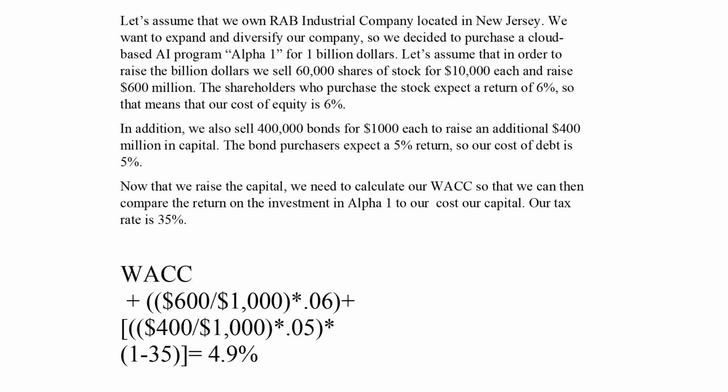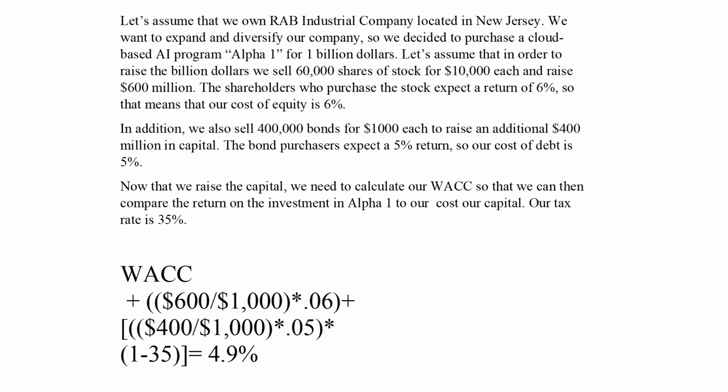So in this scenario, we're going to sell 60,000 shares of stock for $10,000 each. We're going to raise $600 million. The shareholders who are buying this stock obviously are not doing it because they're our friends. They're doing it because they did their calculations and they determined that they should earn about 6% from this investment. They said, well, I'd rather buy this stock and earn 6% into the foreseeable future than let it sit in the bank earning 1 or 2%. That would be what's called the risk-free rate. So they determined that it's worth it. We have a good company, we have a good management team. They will buy the stock, and we raised $600 million.